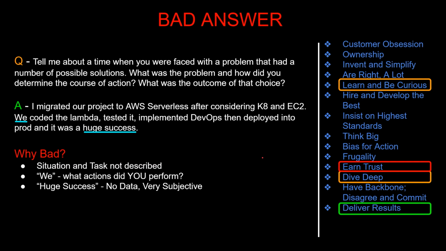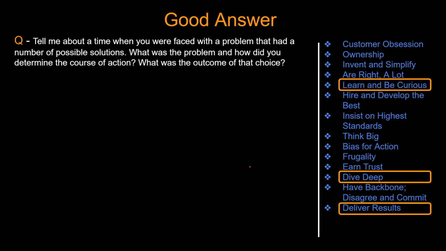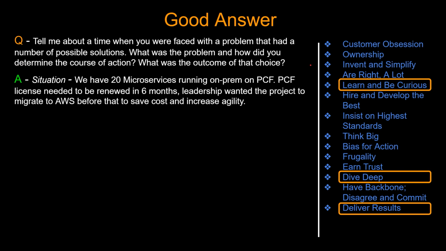Okay, so now let's take a look at a good answer. This is the situation. We have 20 microservices running on-prem on PCF, or Pivotal Cloud Foundry. The PCF license needed to be renewed in 6 months. Leadership wanted the project to migrate to AWS before that to save cost and increase agility. So, task,